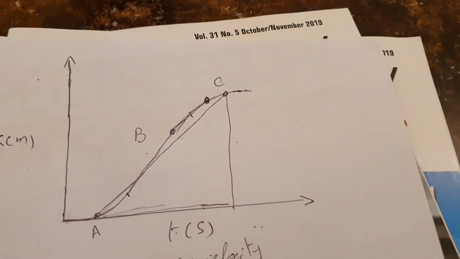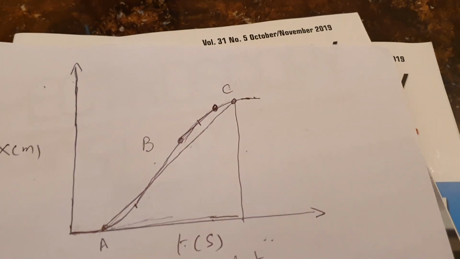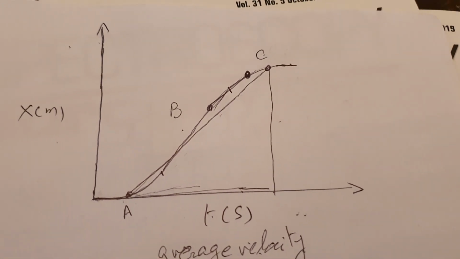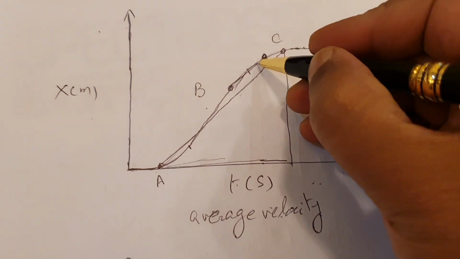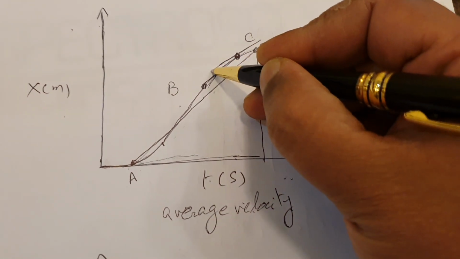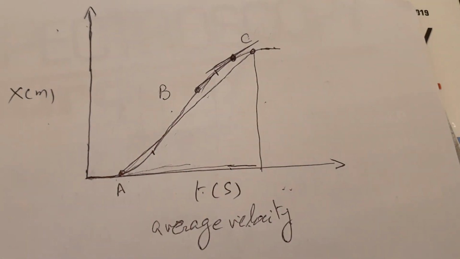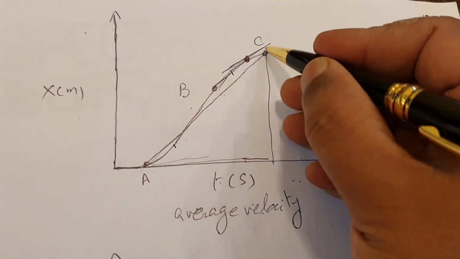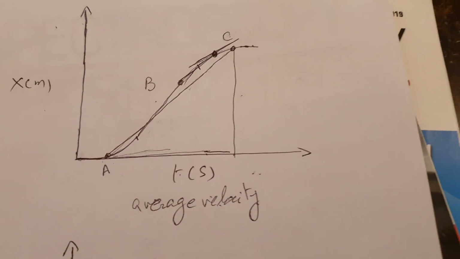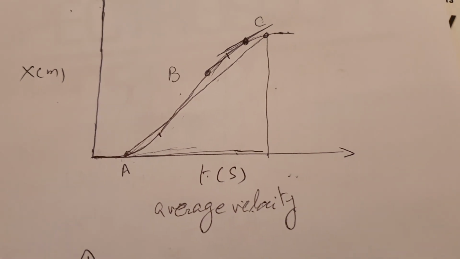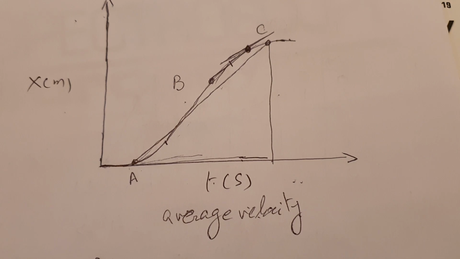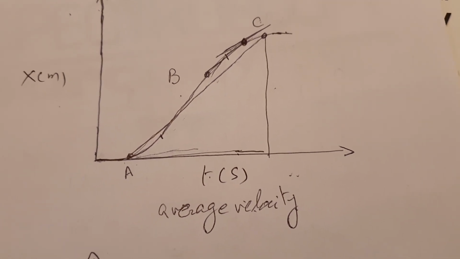In that case, I'm going to draw a tangent line, and you know what a tangent line is. A tangent line is a line which touches only one point on the curve. So I will draw a tangent line like this. This tangent line touches only one point, and then I will calculate the slope of this line, and that would give me velocity. But that velocity is not average velocity, that velocity is not constant velocity, that is instantaneous